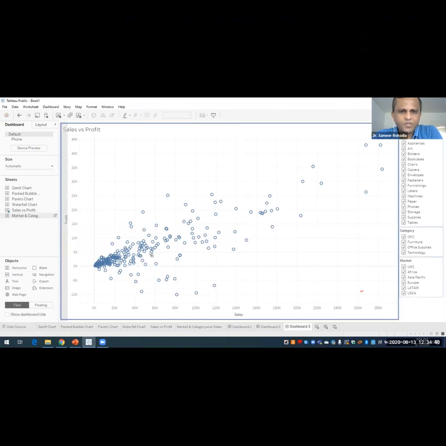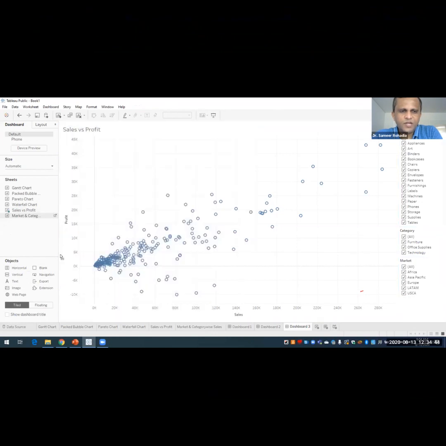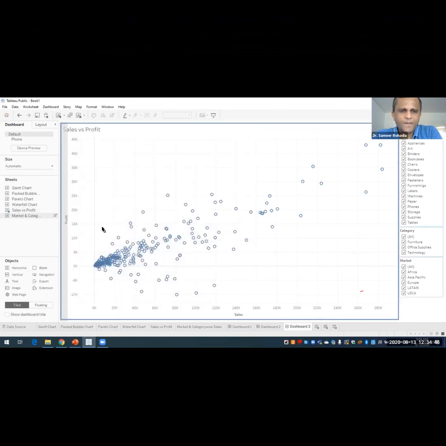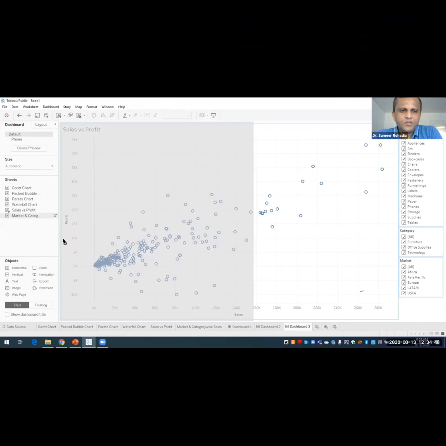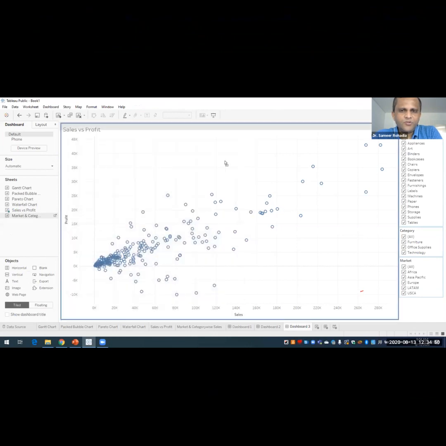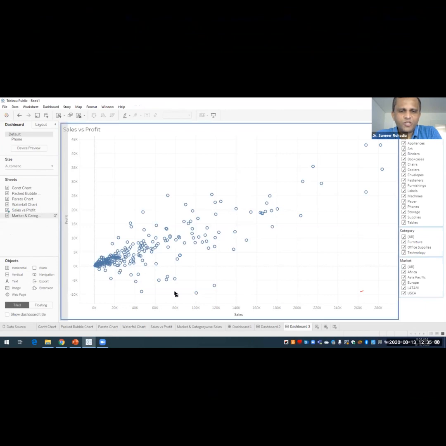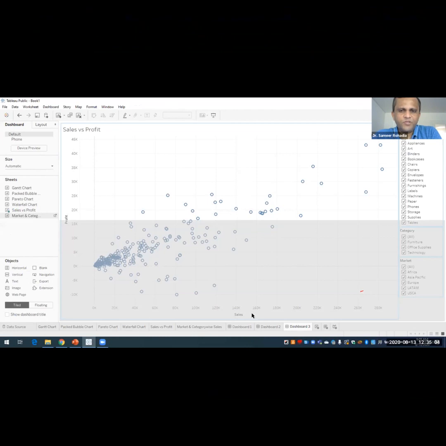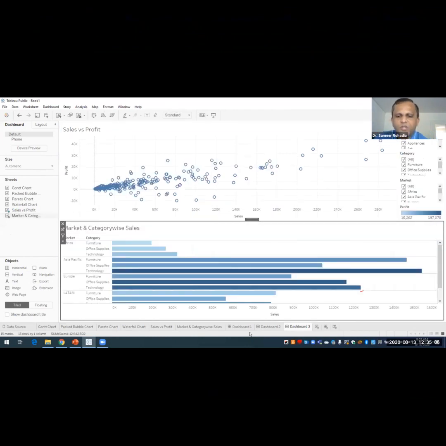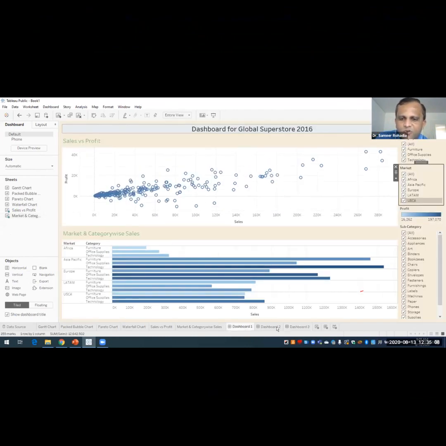Whenever I select this market and category, you can see that this border is sometimes a little bit thinner also. I want to put it in the bottom, so let me put the second chart over here in the bottom, as we did in dashboard 1.